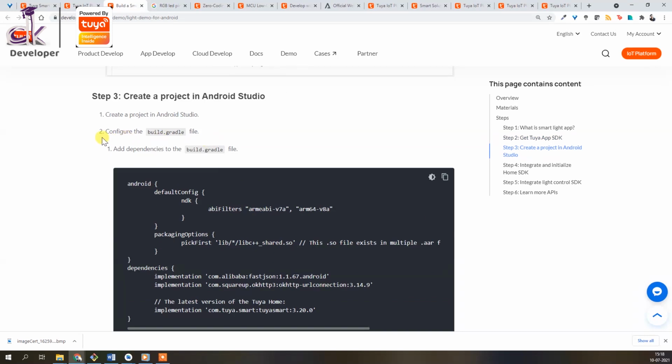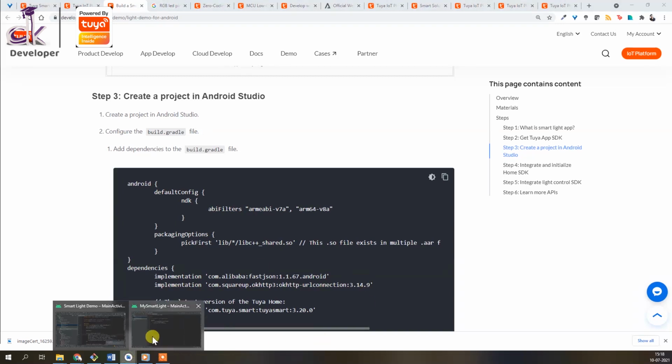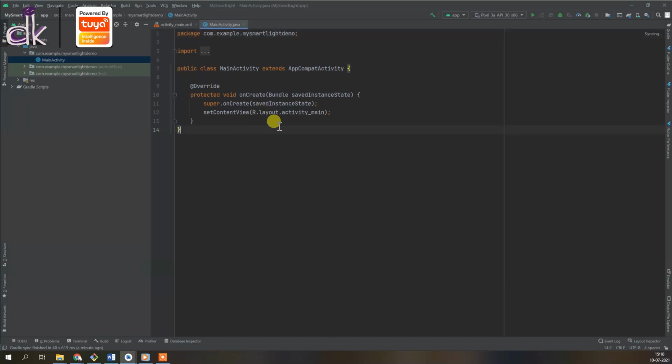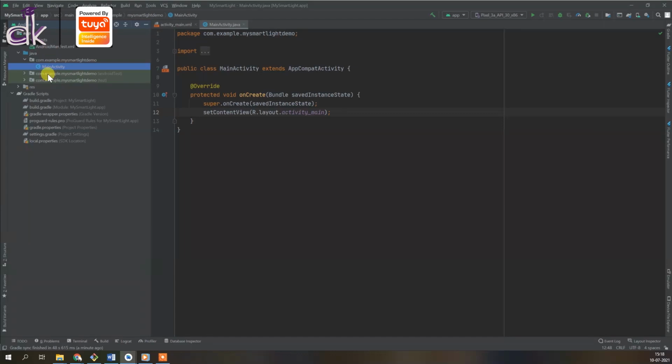So as part of the second step here, we'll need to edit the build.gradle file. I'll just show you how you can do that. Okay, so here you go. We have the project ready here, and we'll need to add a couple of things in the Gradle script. So I'm just going to open up some of the folders here that are needed.